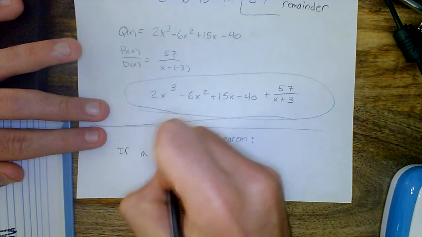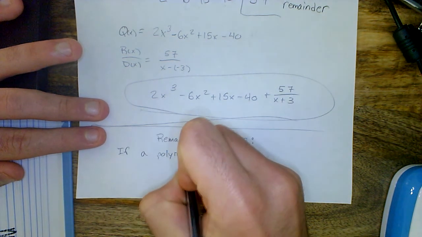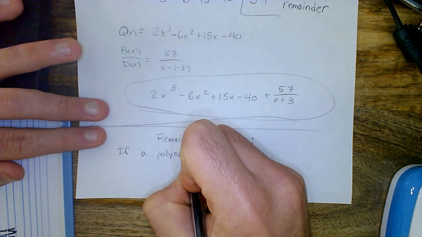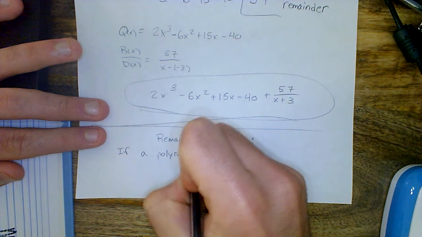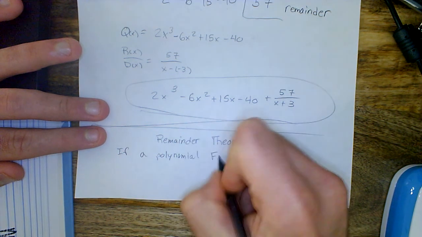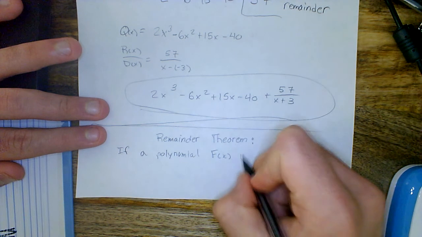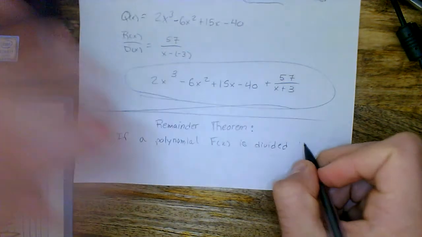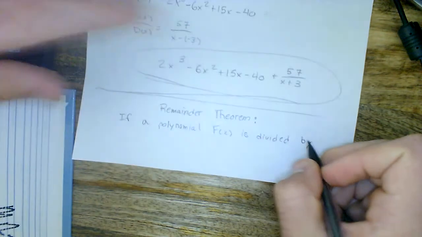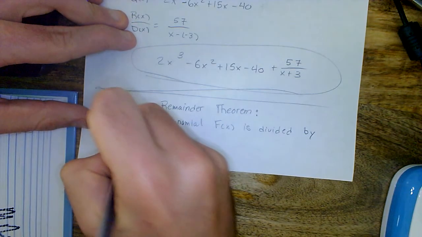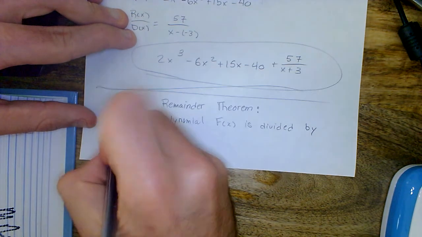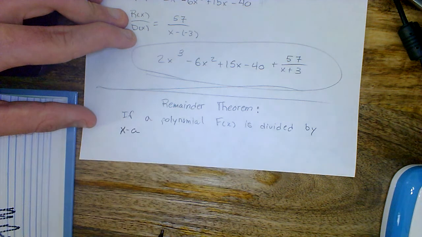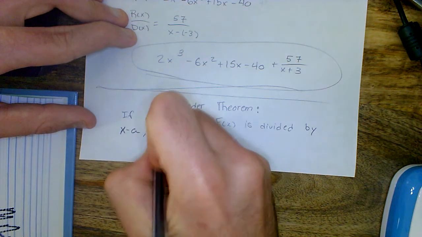If a polynomial f of x is divided by x minus a, so again, the divisor has to be x minus a for this theorem to work,